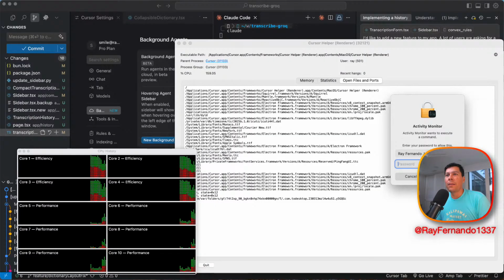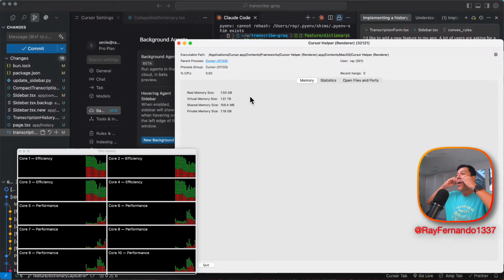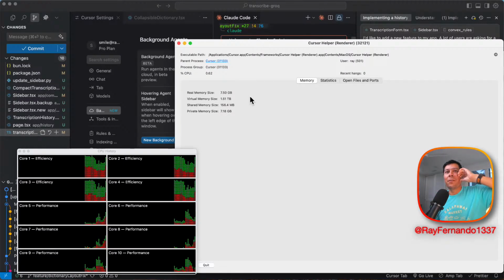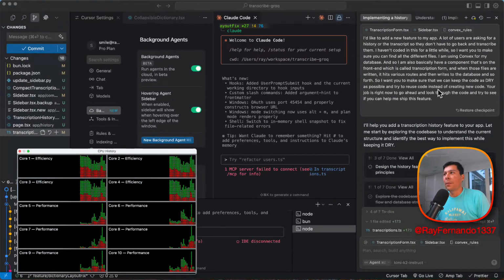I'm just an engineer. Oh my God, look at this virtual memory. Massive. 1.5 terabytes of virtual memory. I think there's a file system bug leak. I know what's going on. I'm going to see if I can capture this and send this over to them.